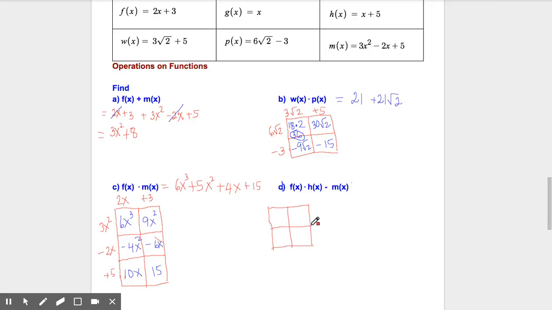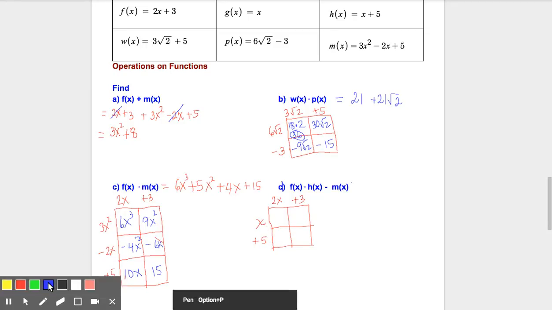Now I will only have two partitions for each length and width because f of x is a binomial. There's only two terms, so we call it binomial. So we're going to put here 2x plus 3. Now h of x is another binomial, x plus 5. So x plus 5 is our h of x, and that's the height or the width of the rectangle. So now we're ready to find the area of